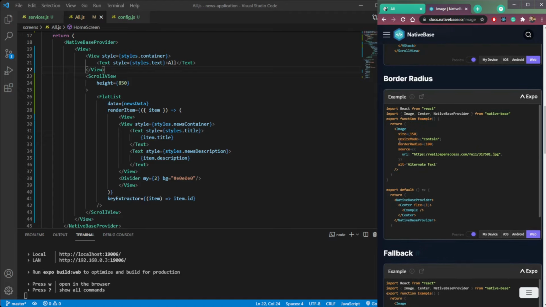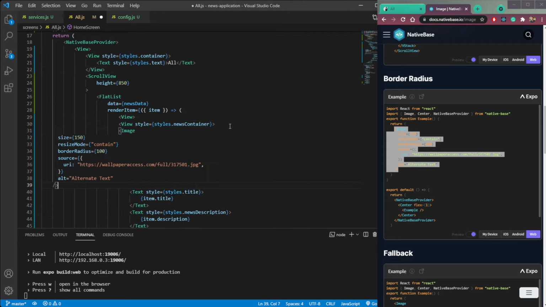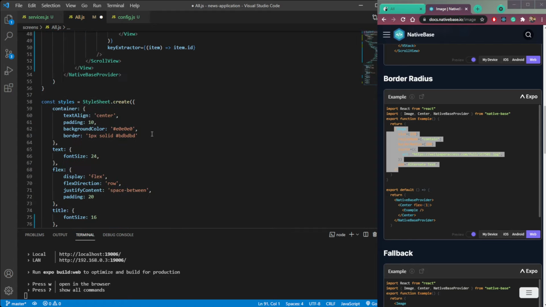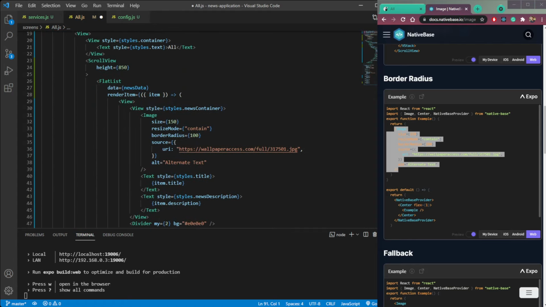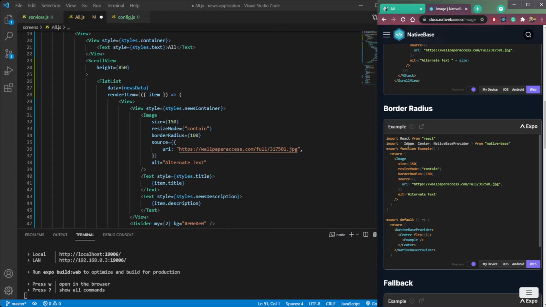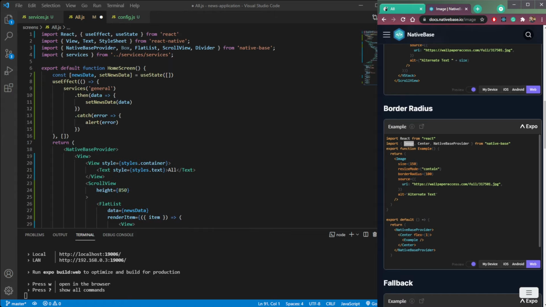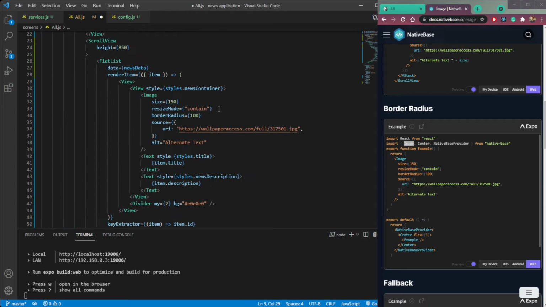Okay, this one is fine. So copy image and paste it after this view. Then import the image from native base. Remove the box, we don't need that, and save it.